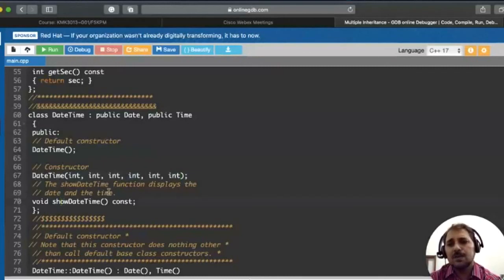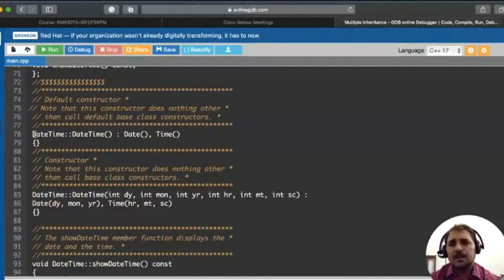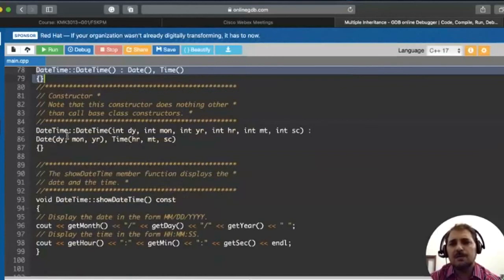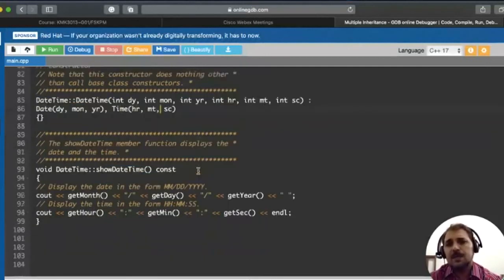So these two functions are defined outside the class. If you see here, this is the default one defined outside the class, and this is the overloaded constructor defined outside the class. This is why we are using the scope resolution operator. So you see here the date base class constructor with 3 arguments, and then the time constructor, which sends 3 arguments to this one. Okay, after that, the show date time function, which is defined outside the class,